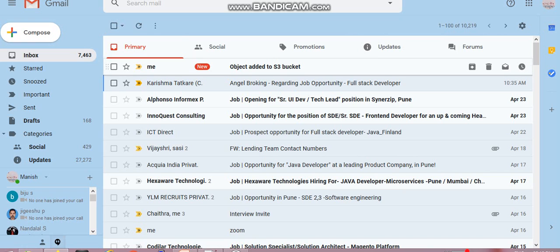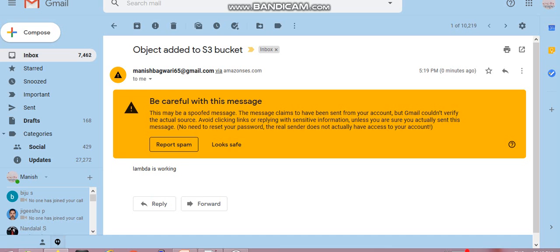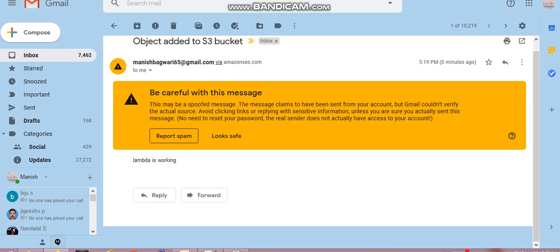Yes, I just got the notification, object added to S3 bucket. You can see I received the notification with the subject, object added to S3 bucket. Lambda is working.